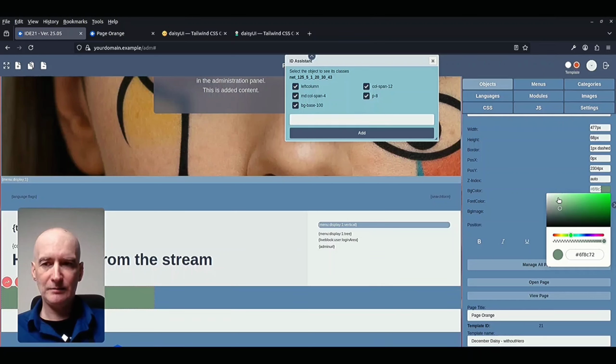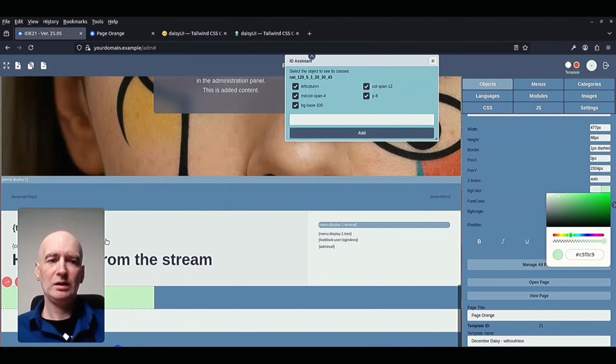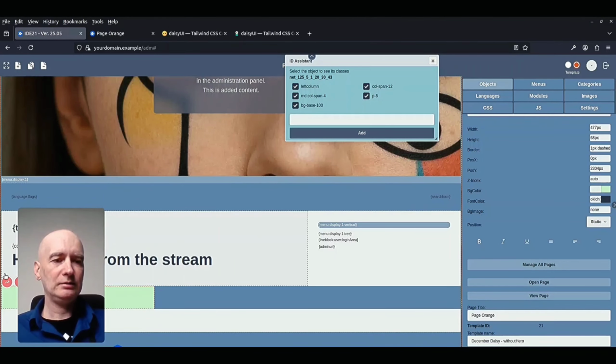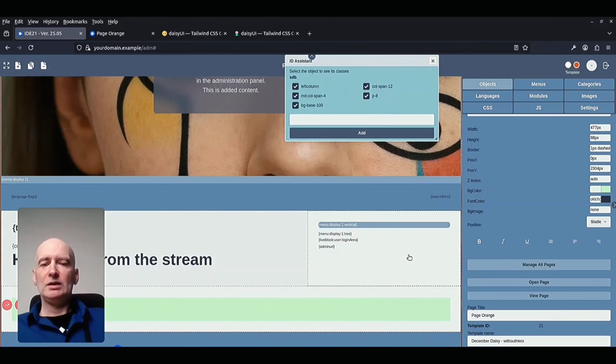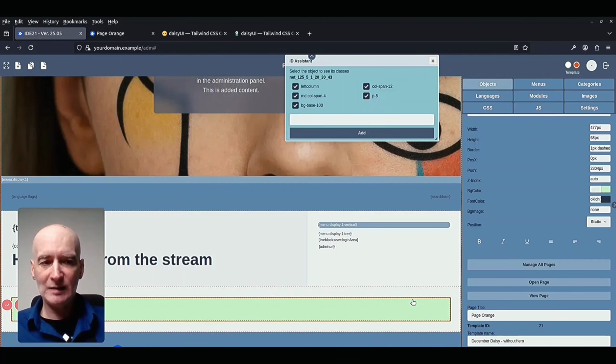Like this, and let's append it to here. Now you see that the object is filling the full width of its parent.